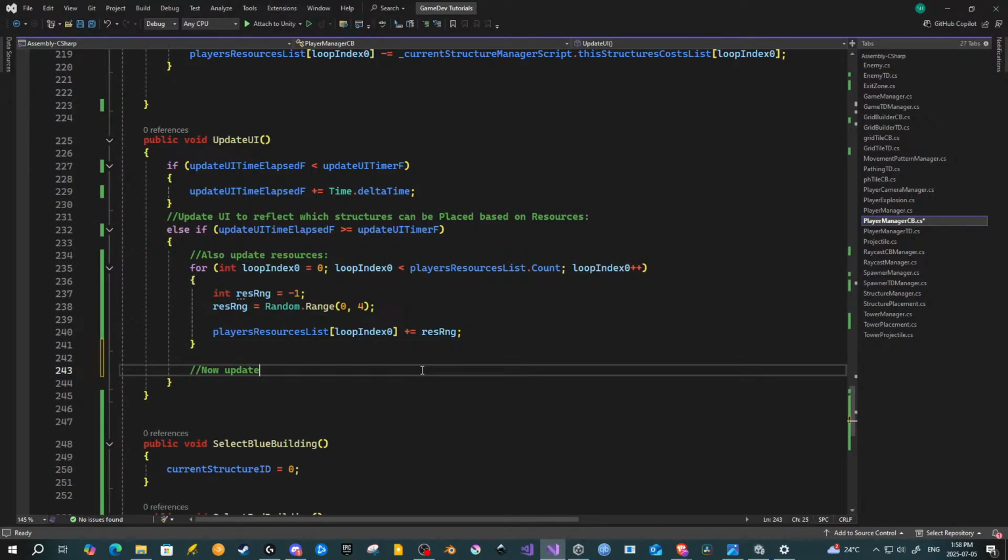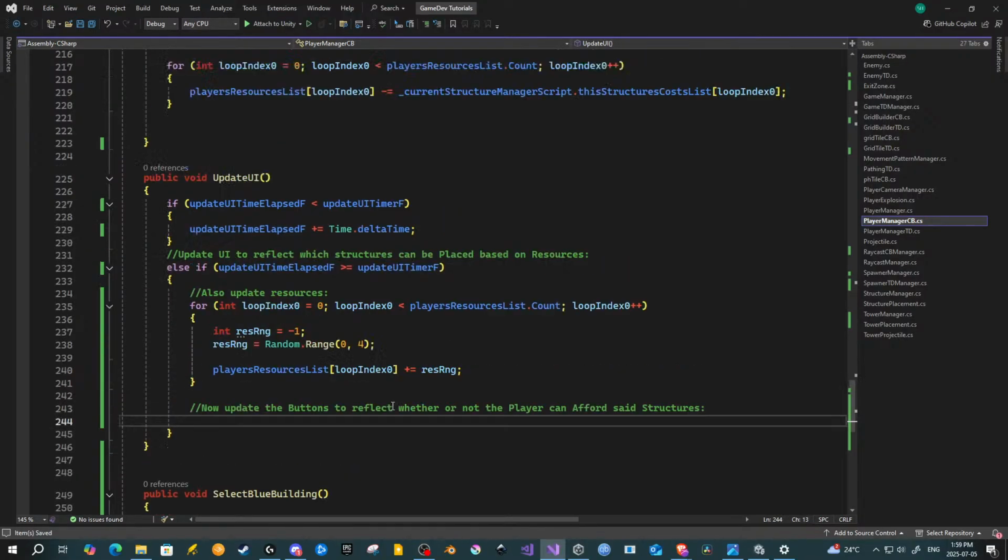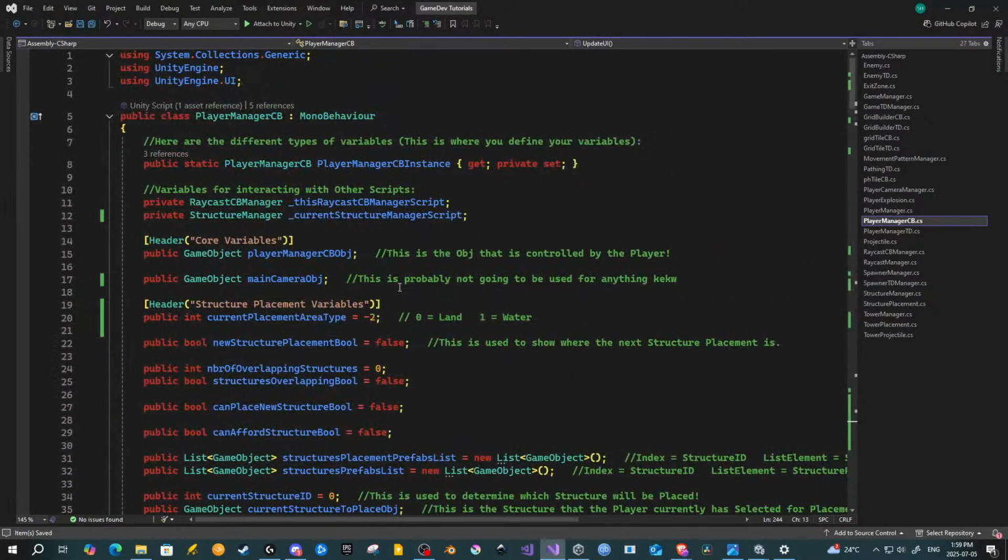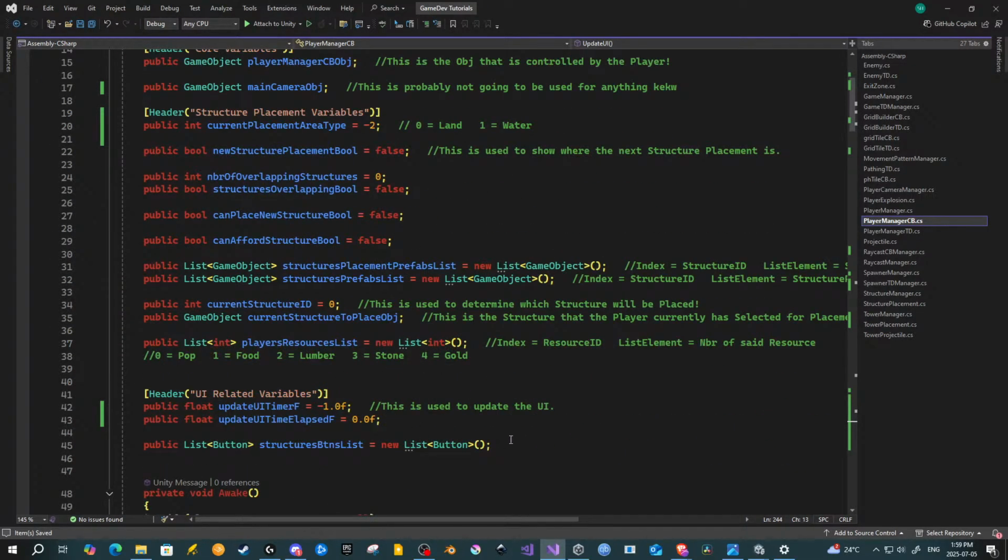Now update the buttons to reflect whether or not the player can afford said structures. Okay, so now here I'm gonna go up. I'm gonna do UI related variables. Okay, yeah, buttons list. Okay, perfect. And I'm gonna do